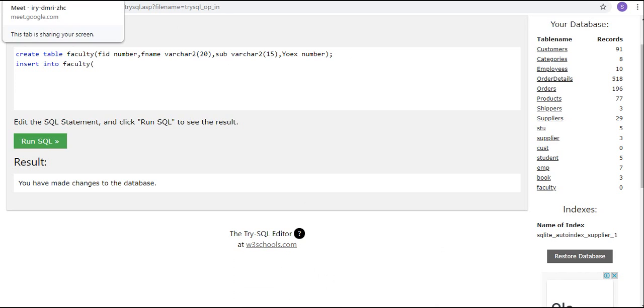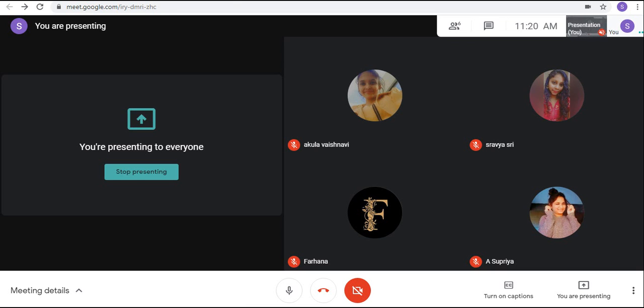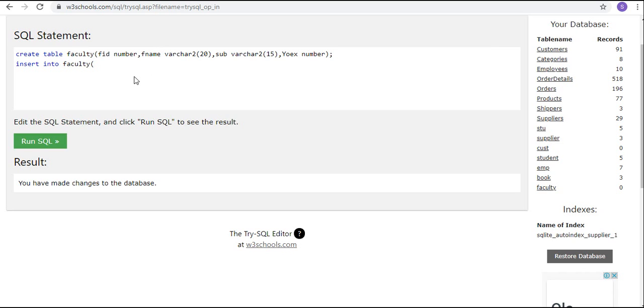How many are here? Only 4. Remaining 2 people, aren't they talking? Sir, 102. 101 faculty ID. Next, sorry, insert into table name, values.